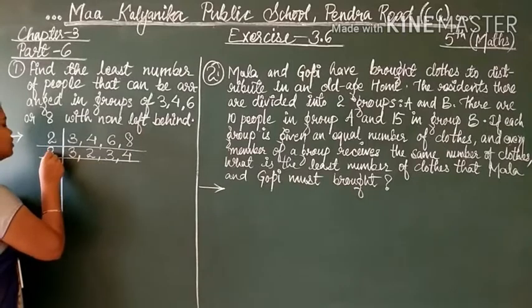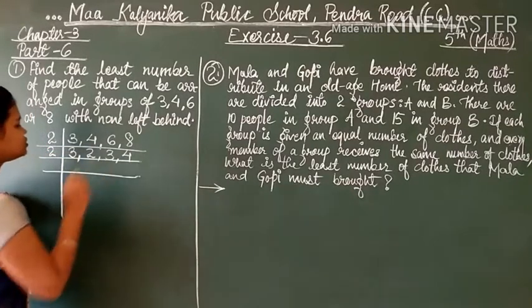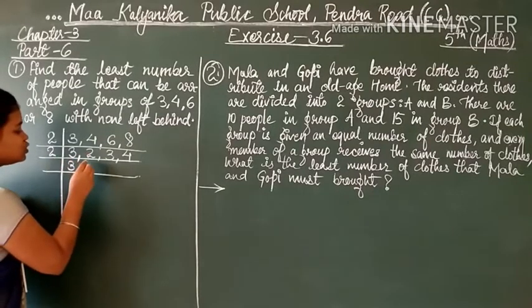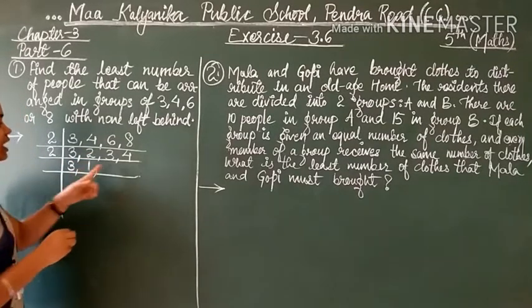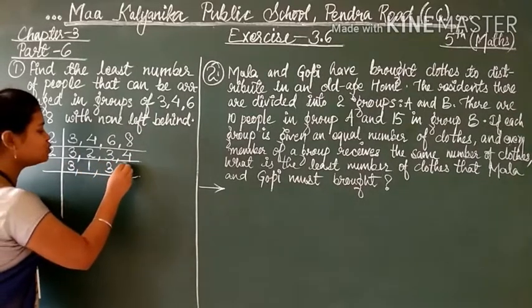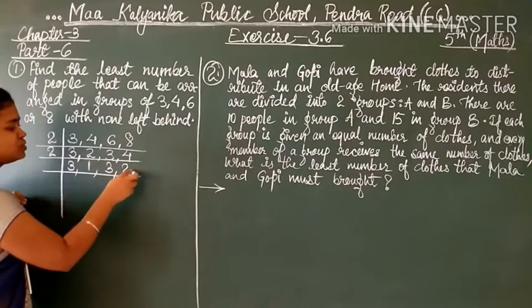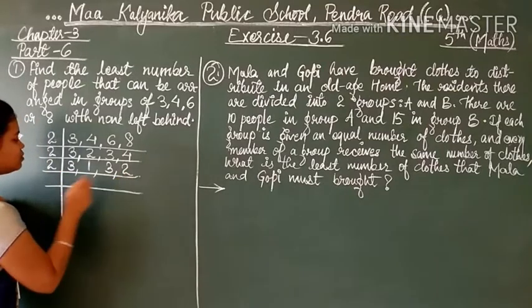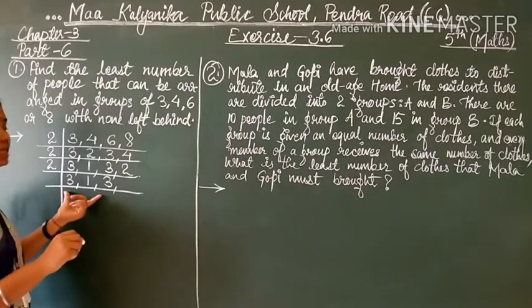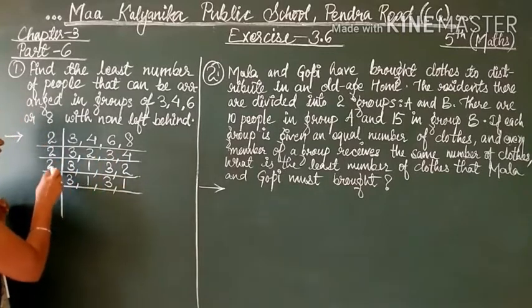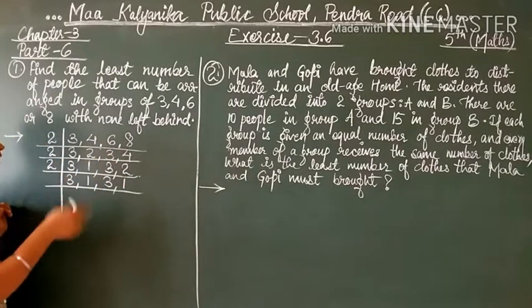Now taking 2 again as a common factor. Here 3 cannot be divided, so write 3 as it is. 2 can be divided, so 2 1's are 2. Again 3 cannot be divided, so 3 will be as it is. 4 can be divided, so 2 2's are 4. Now take 2 one more time. 3 will be as it is, 1 will be as it is, and 3 will be as it is, because these cannot be divided further. So 2 1's are 2. Till we do not receive 1 here, we will continue our division.